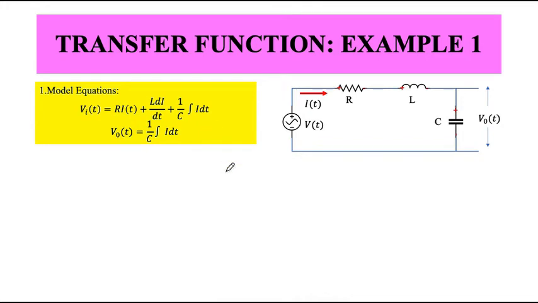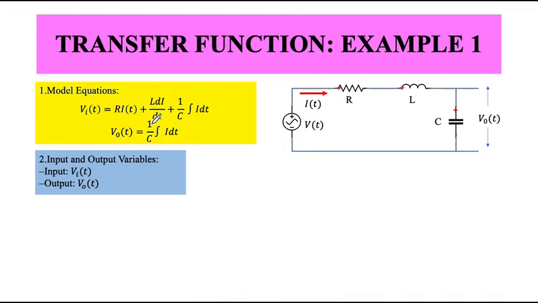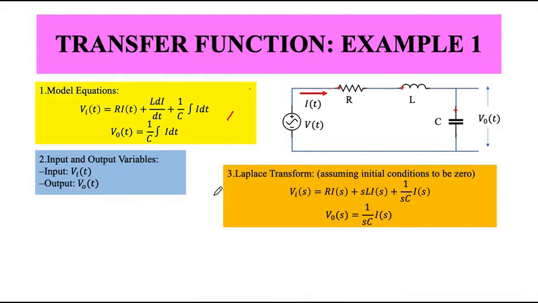Now what is the first thing? The first step was to write down the equations. The second was to identify the input and output variables. So the input is the voltage which I apply, and the output I identify as the voltage across the capacitor. So my equation, which was an integro-differential equation, if I just take the Laplace transform and use an appropriate property, that differentiation becomes, loosely speaking, multiplication with s.